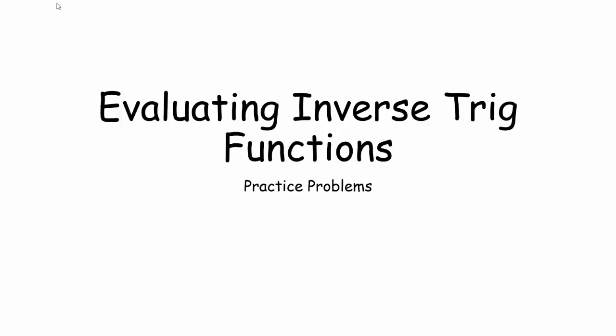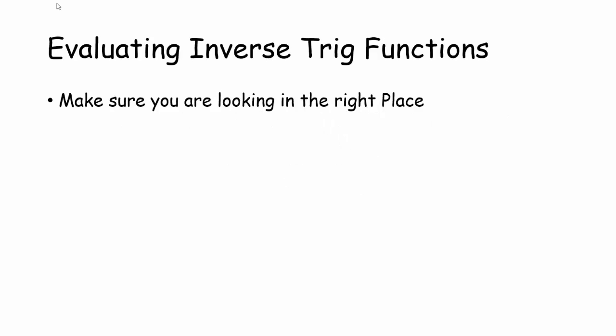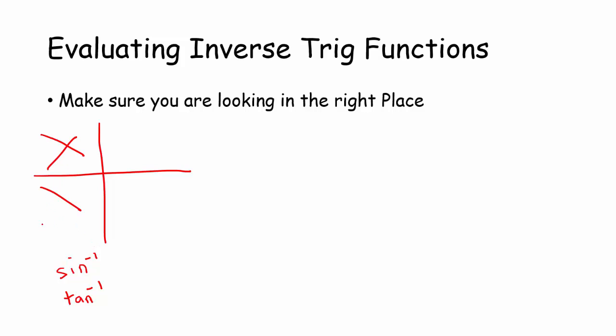So now we're going to look at some practice problems where we evaluate inverse trigonometric functions. First things first, we want to make sure that we're looking in the right place. What I mean by that is that if we're evaluating either the sine inverse function or the tan inverse function, we don't need to worry about looking at the left-hand side of the coordinate plane or the left-hand side of the unit circle. However we're thinking about this, we're only going to draw pictures in quadrants 1 or 4. So our answers are going to be in between